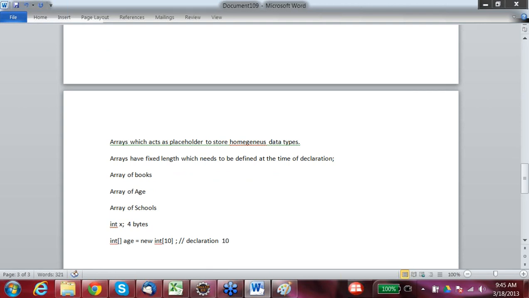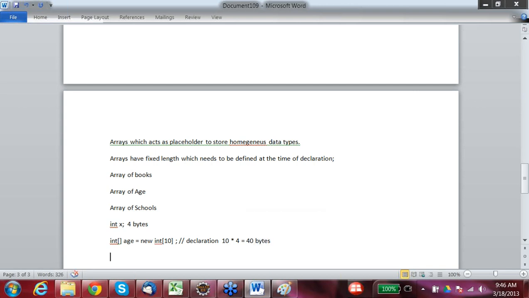It is preserving 10 into 4, which is equal to 40 bytes. So 40 bytes would be preserved to hold these 10 values.